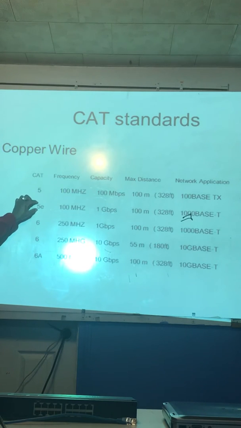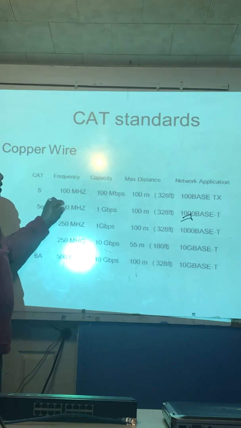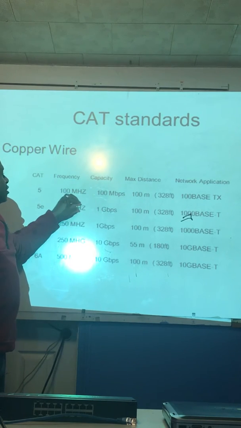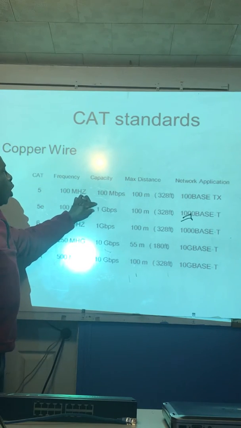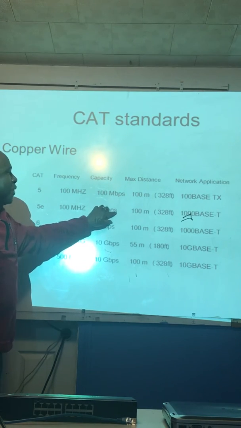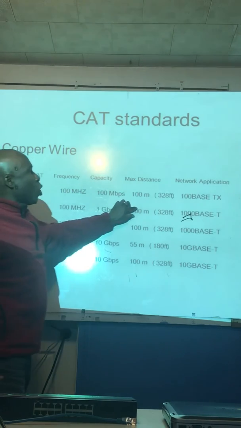We have the 5E cable, Cat5E. You can find Cat5E in many networks today. Actually, to connect a computer or a laptop to a switch, you can use Cat5E, because Cat5E supports 100 megahertz and can support up to 1 gigabit speed, and can go up to